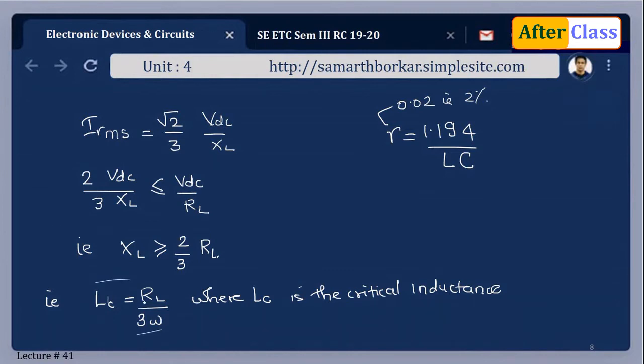Say for example it turns out to be 1 Henry, then this value of L should be greater than the critical value of inductance. Then you can take it as 1.5 Henry and find the value of C. So that will satisfy the condition of 2% of ripple factor. Now this condition